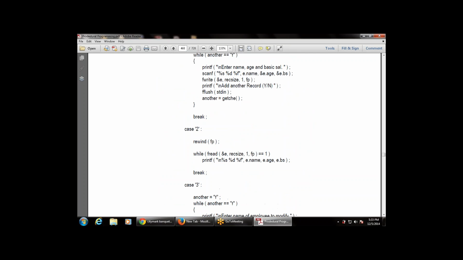Then uses the case 2, that is the rewind fp, then uses the while, uses the fread function. As there is an fwrite function for writing the file in binary format, there is also an fread function for reading the data from the binary file. Then uses the ampersand e, recsize, meaning the maximum size, then this denotes how many structures are used, and